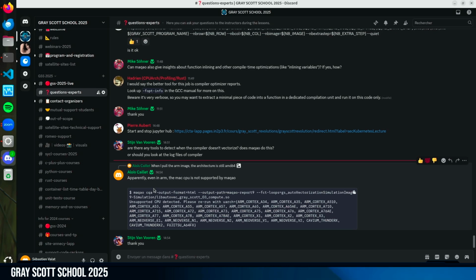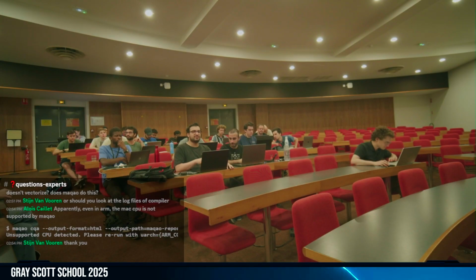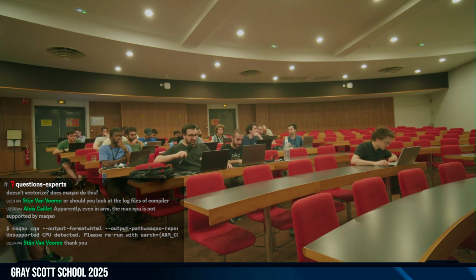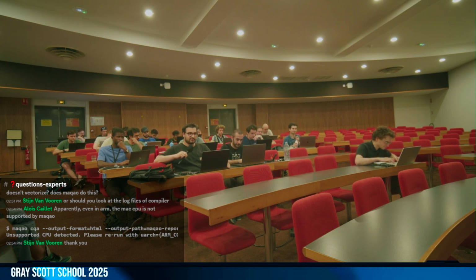No, ARM, Maqao is not supporting ARM currently, at least not officially. Yes, but not all CPUs probably. Not Mac probably. I tested with Mac and the output is shown. A question on a Cortex A55?